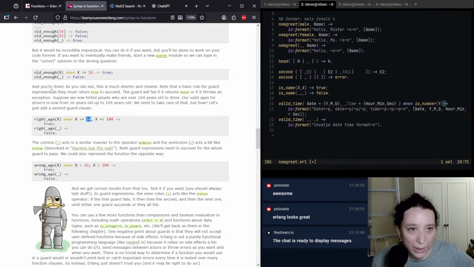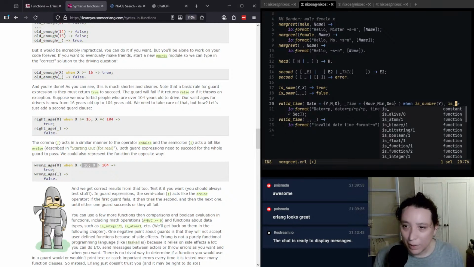So how does this work? The comma acts in a similar manner to the operator and also, and the semicolon acts a bit like or else. Both are guard expressions, so I basically want comma because I want and also. So I want to say is number